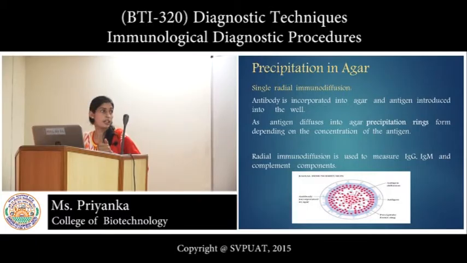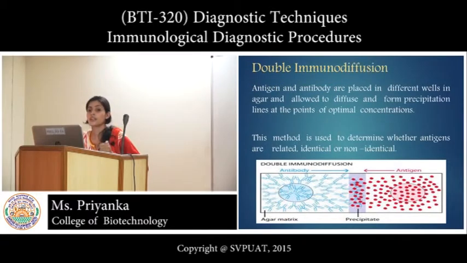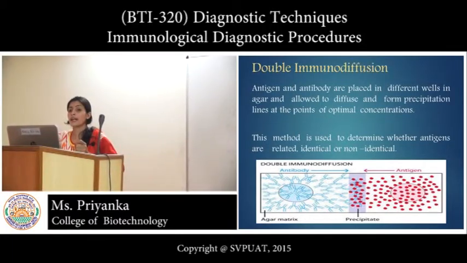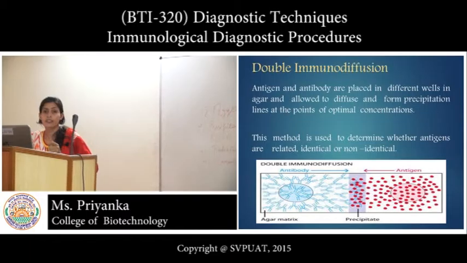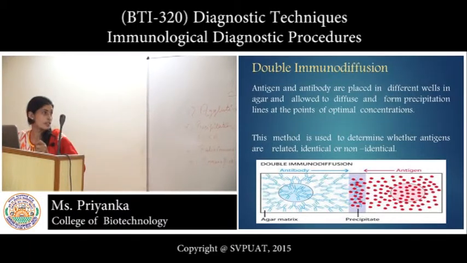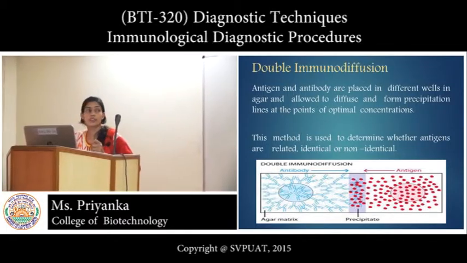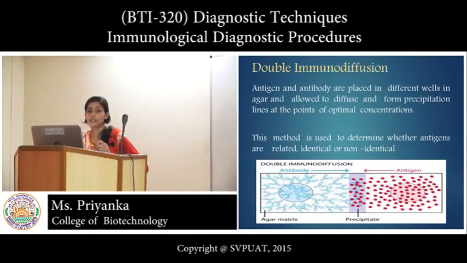Second is double diffusion. As the name indicates, in double diffusion both the substances, antigen and antibody, diffuse towards each other and precipitin lines are formed. By double diffusion, we also determine whether the antigens share the same epitopes or different epitopes. These are of three types. First, identical, meaning